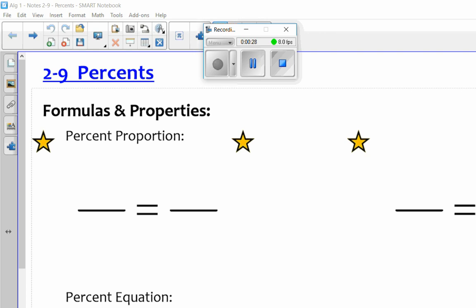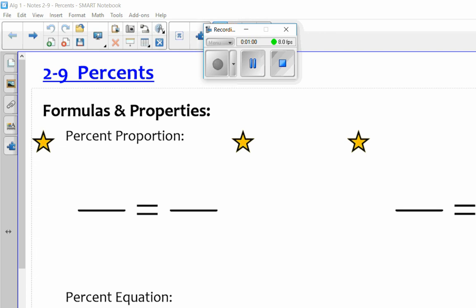Percentages are a big thing that we use in everyday life and lots of different things. A percent is part of something, or part of a whole thing. A really good analogy is using a dollar bill. 10 cents is 1/10 of a dollar or 10% of a dollar. A quarter is 1/4 of a dollar or 25% of a dollar. And we can relate that to a lot of different things that we do throughout our